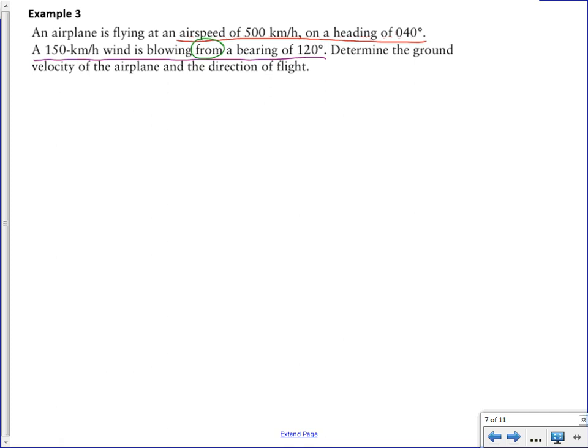So you have to be very, very clear. If it says the wind is blowing towards a bearing, then all good, you just take it as it is, that's the direction. But if it's from, you have to take the opposite. So if I draw this, let's start with the plane. It says the plane is flying at an airspeed of 500 kilometers per hour on a heading of 040